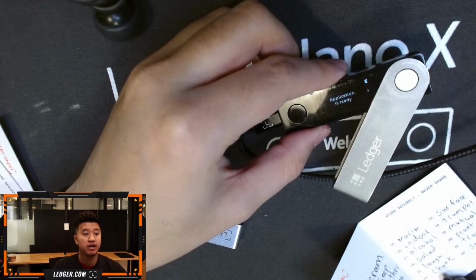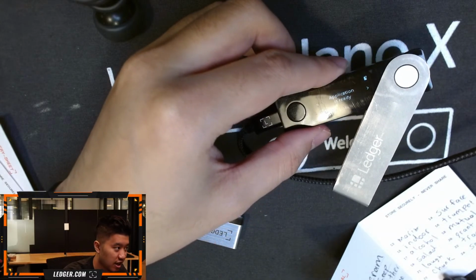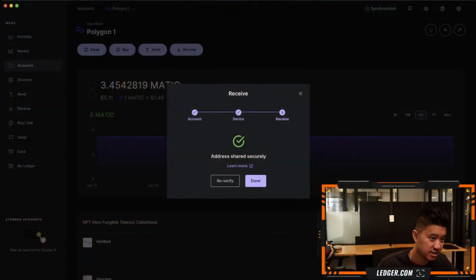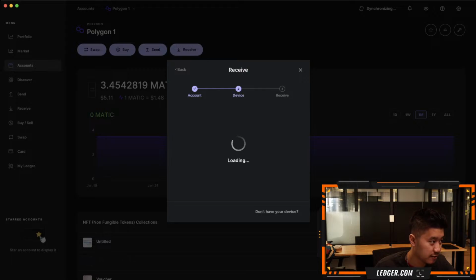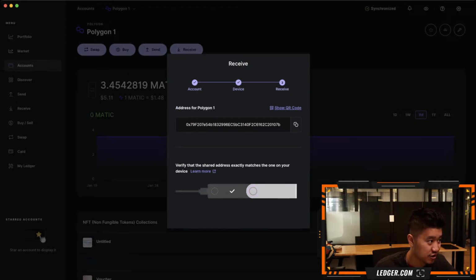We're going to approve. It's going to send us to the next step in Ledger Live. Okay, next step in Ledger Live is address shared securely. I forgot to clipboard it for some reason on Mac. If you don't clipboard it, it doesn't copy for some reason. Okay, so let's just clipboard it. Make sure we verify